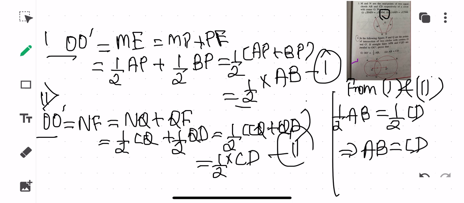Alright, so this is the way this particular sum has to be done. So children, we are done till question number 4 of this particular exercise. Rest of the questions we'll be looking into next session.